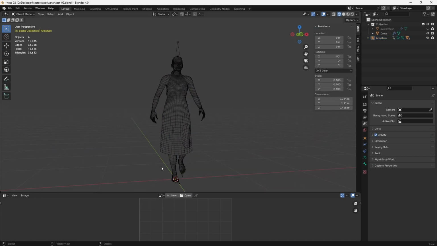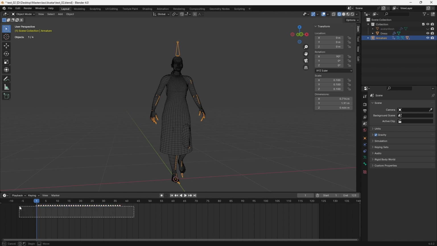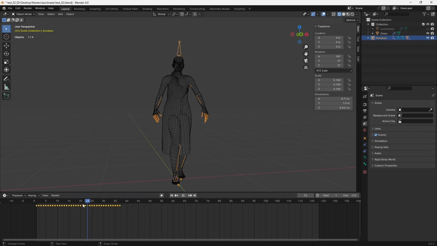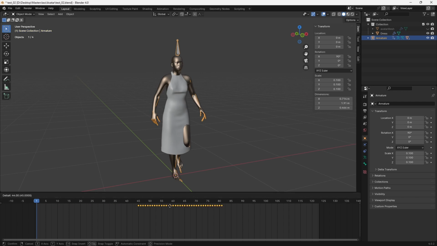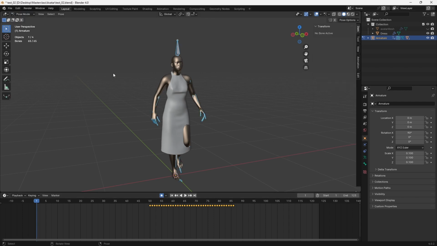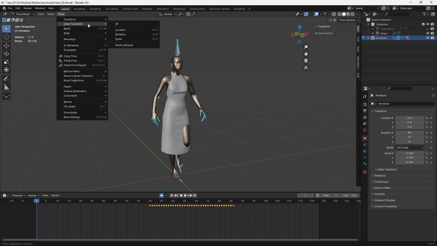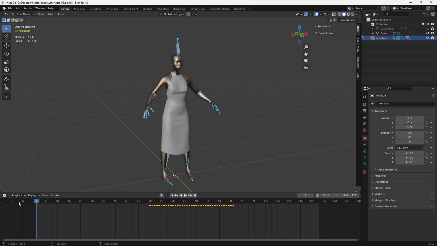Import the FBX file into Blender and select the armature. You will notice that the dress no longer wraps around the animated version of the avatar, which could cause problems during simulation. To address this, open the timeline and select all the keyframes. Move them forward by, say, 50 frames. Now press the Auto Keying button, switch to Pose Mode, and locate Clear Transform All from the Pose menu. Finally, unselect Disable Auto Keying.